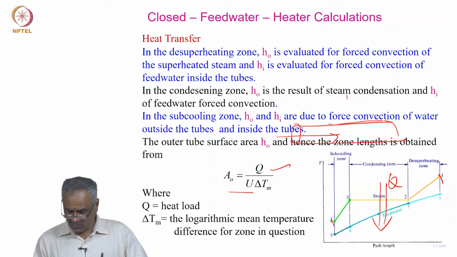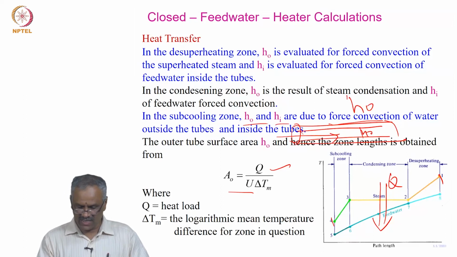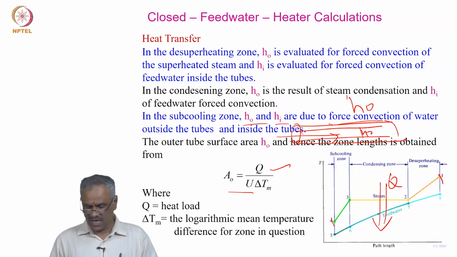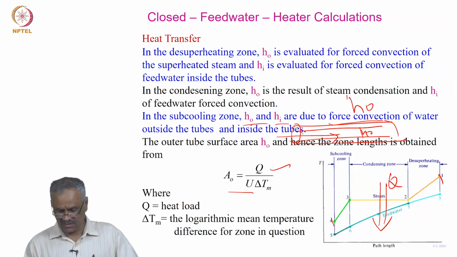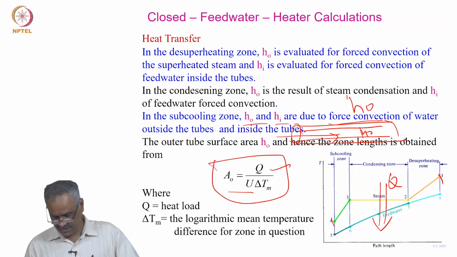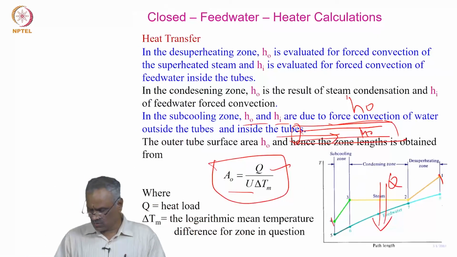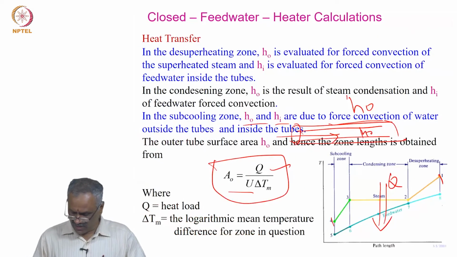So, then you have to find out the heat transfer coefficient, both h outside and h inside, because of the flow conditions. So, these are ho, hi, the heat transfer coefficients on this side. But this is the area which you can find out while designing the feed water heater. These are all closed feed water heaters. In closed feed water heaters,